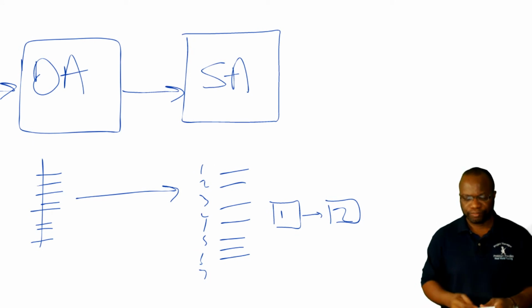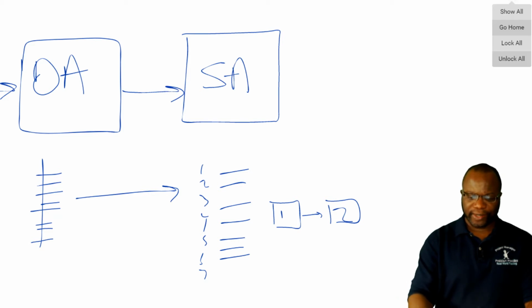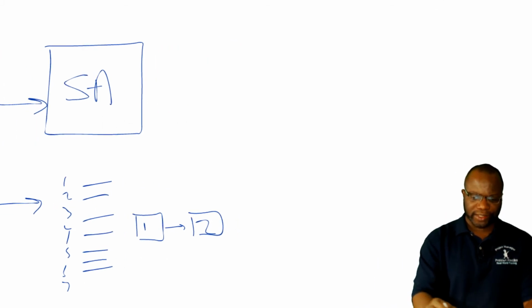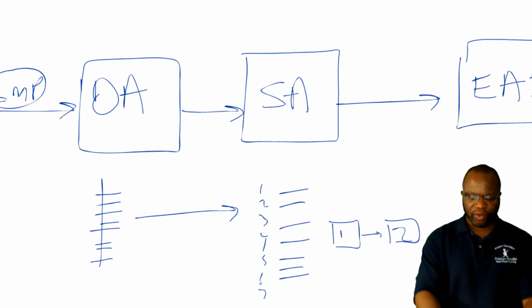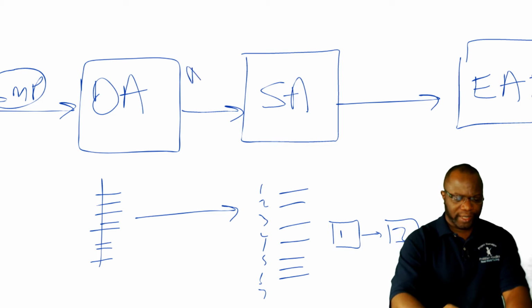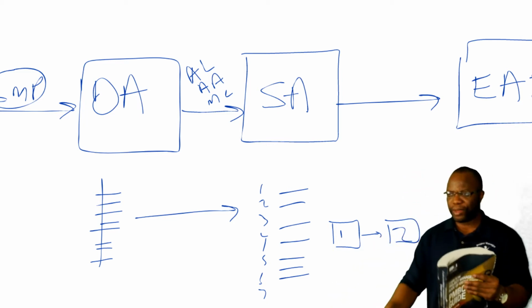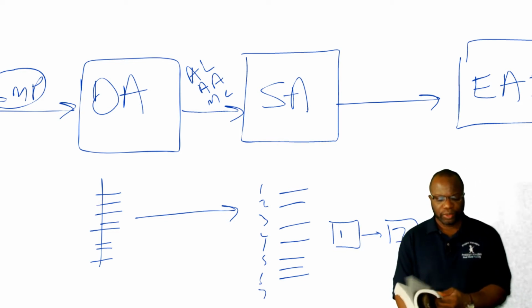Get the picture? Good. After we have sequenced the activities, the next thing to think about here is something known as estimate activity durations. Now, I want to point out a few of the outputs we get from these before we rush along. From define activities, you're going to get the activity list, activity attributes, and the milestone list. Okay? And as usual, if you go to your favorite book, the PMBOK guide,